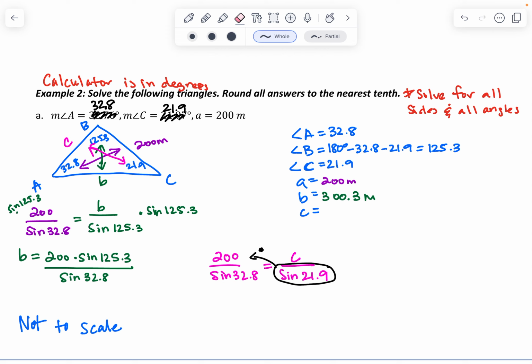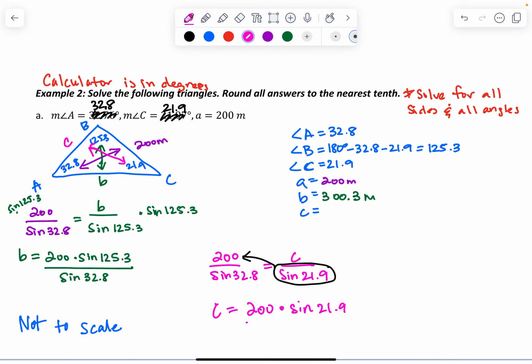I'm just going to shortcut the multiplication on both sides by making that arrow. It just means that I'm going to multiply both sides. So then I get C is equal to 200 times the sine of 21.9 divided by the sine of 32.8,